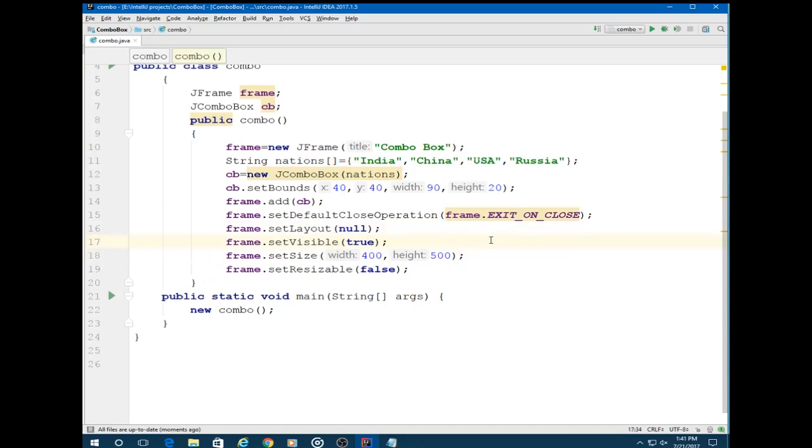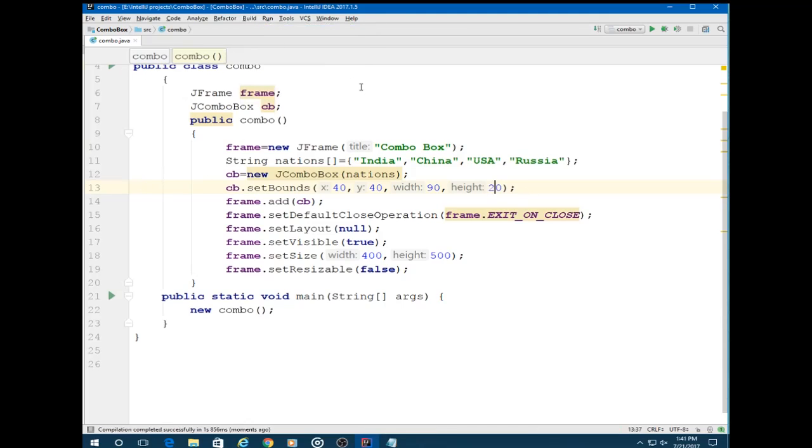I have also changed the size of the window to 400 width and 500 height, and it can also be 400 by 300, but anyway, it's your choice. I also changed the width and height of the combo box, since the value given previously was too large, and in order to fit in the window compactly, I found these to be the perfect parameters. And now if we run this code,